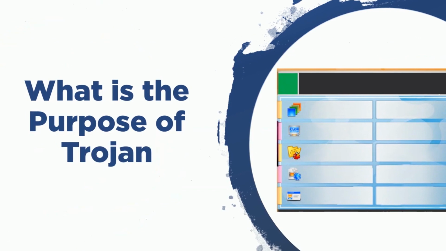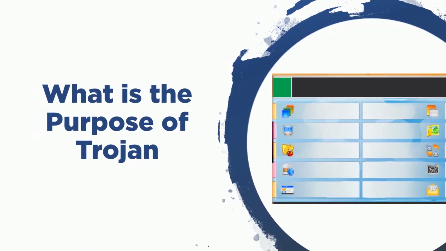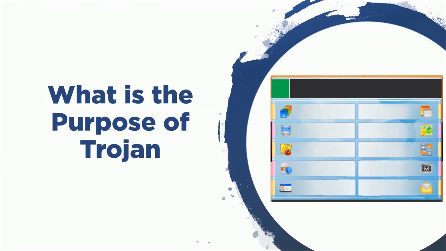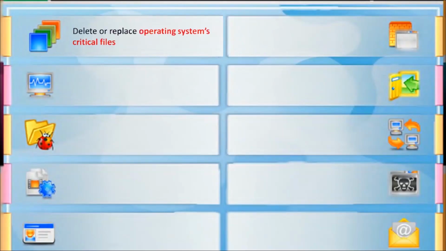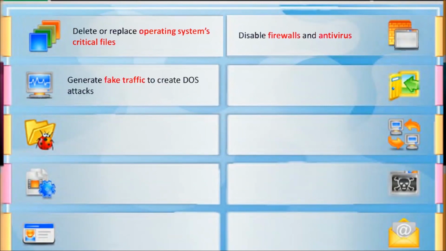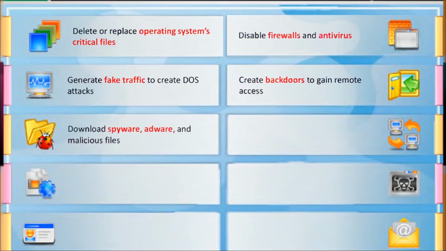What is the purpose of a Trojan, or why do attackers use Trojans? Let us see some common actions that Trojans take. Deleting or replacing operating system critical files, disabling firewall or antivirus, generating fake traffic to create a DoS attack, creating a backdoor so that the attacker can access the victim system from a remote location, downloading spyware, adware and other malicious files,